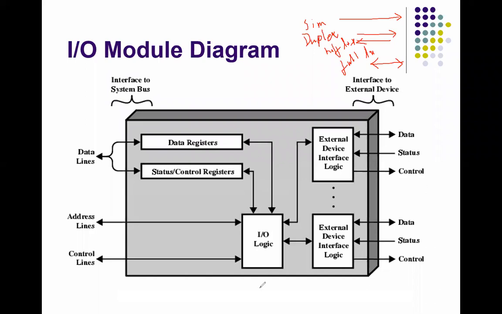So can you give me an example for simplex, half duplex, and full duplex? Any idea? Practically, you are all using these kinds of devices, in which simplex means you are communicating in only one direction. You might have experienced the second, half duplex. You can communicate in both directions, but not at the same time. And full duplex, you can communicate in both directions at the same time. So in chat box,